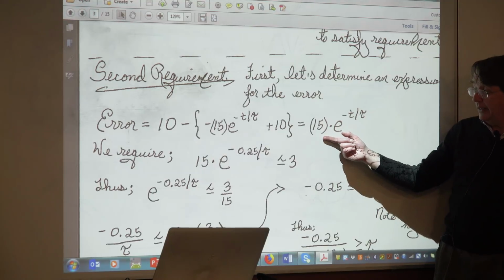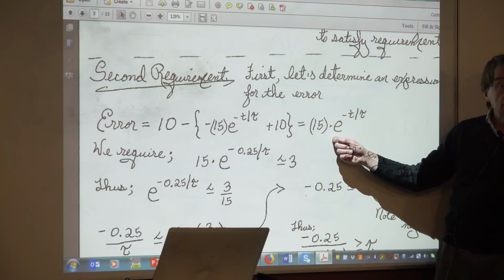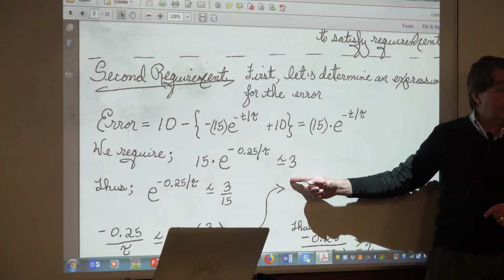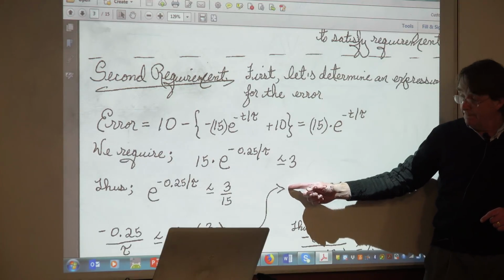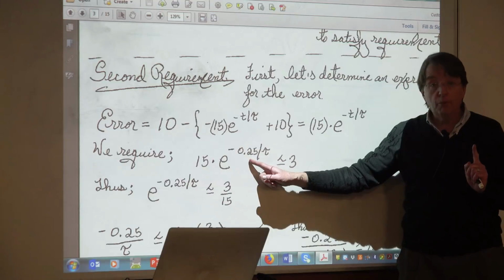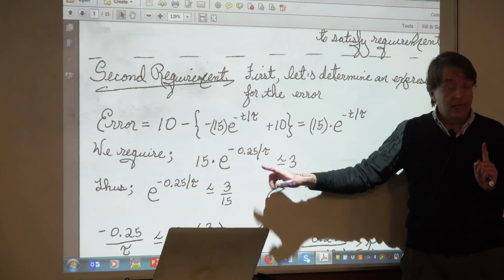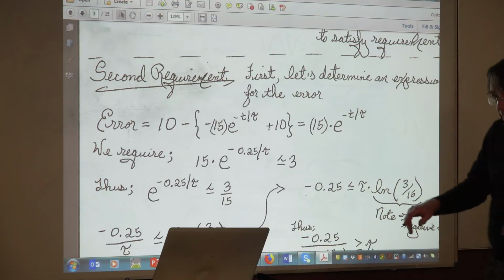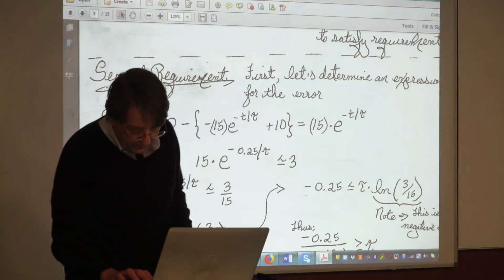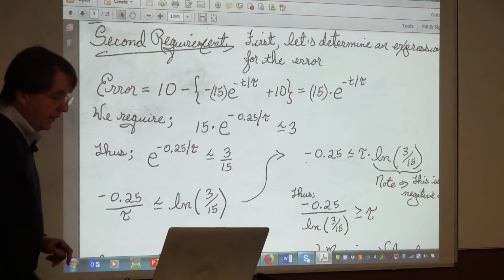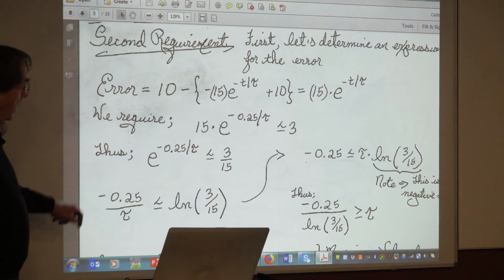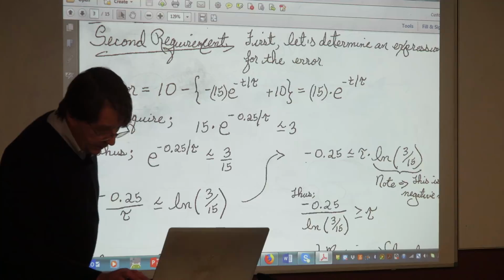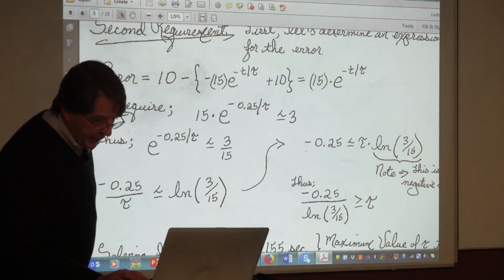Okay. Now, what do we require? This is the error. I want the error to be less than or equal to 3. At what time period? 0.25. Solve for tau. So I solve for tau. Let me slide down a bit more. Okay. So now,